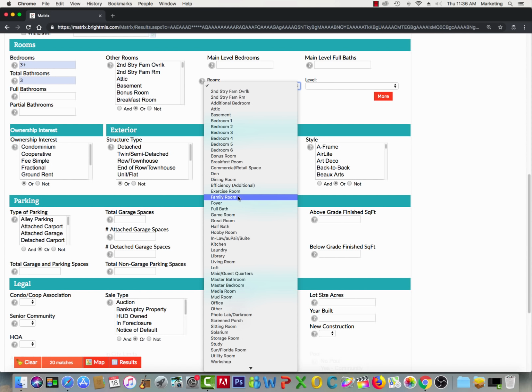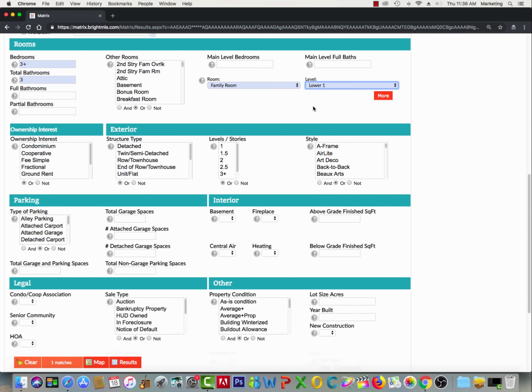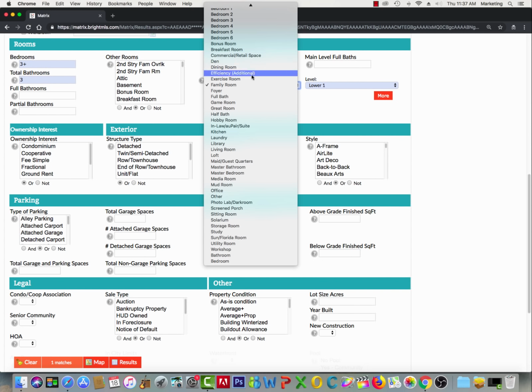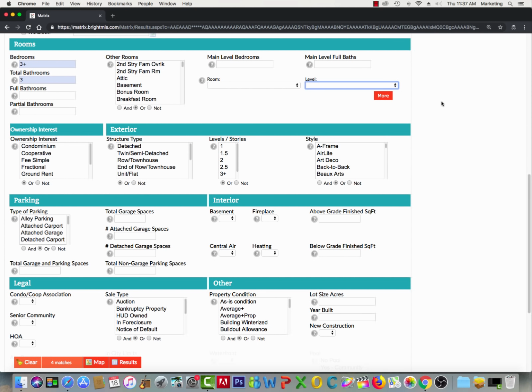If there is a family room identified by the listing agent, and that family room is in the lower level, now I'm going to get listings currently having the family room listed in the basement. You'll see that I do have 1 match currently. We're going to remove this and just make note that until all agents have gone in to update their listings,